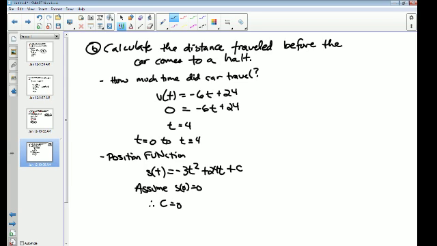We're forcing our starting point to 0, so it's not an easy subtraction problem. The only other item we need is the position at 4, which is